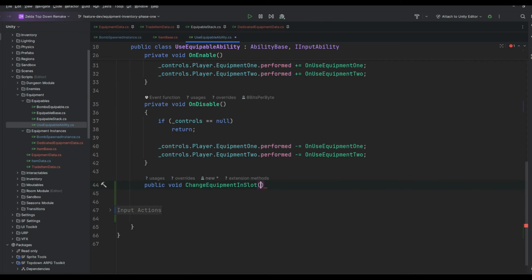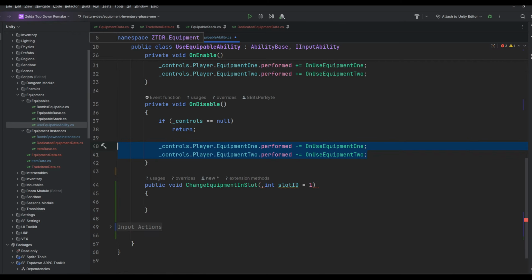And it's just gonna take an integer slot. Yeah, I'm gonna just say slot ID. Default it to 0. Actually, yeah, we'll just default to 1. So basically, they'll be able to pass in whatever equipment data they want, and it will check to see if that's not already the equipment inside the equipment 1 slot or whatever, and it will try to equip it. So equipment data,